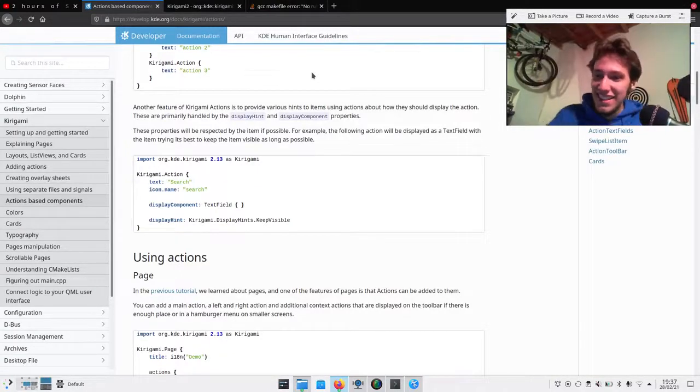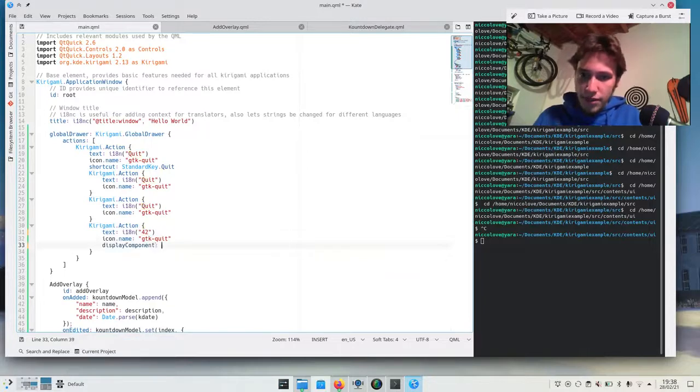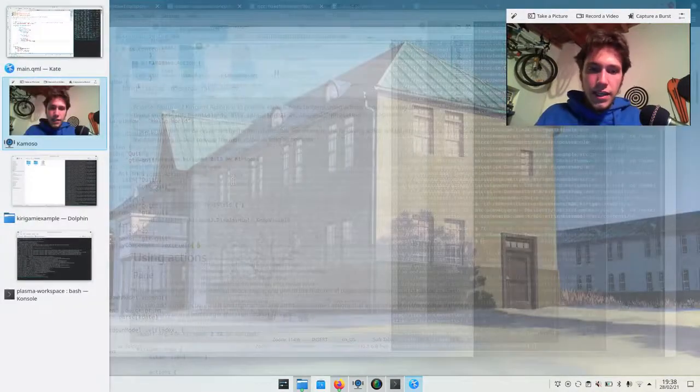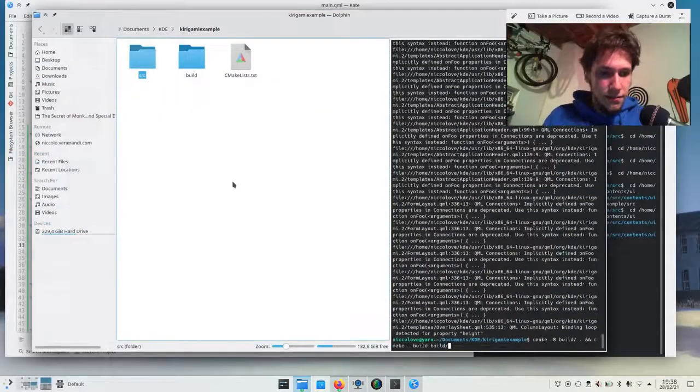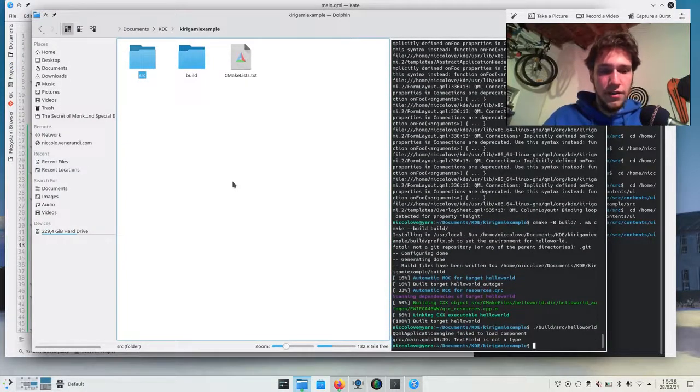Sorry about that. And we were talking about Kirigami actions. So we were talking about display components. So let's play a bit with it. So let's stick to a drawer for a second and then give this action, which shall be called like 42, a display component, which actually let's go with the text field as in the example. And let's see what it does, because it should embed that component in the